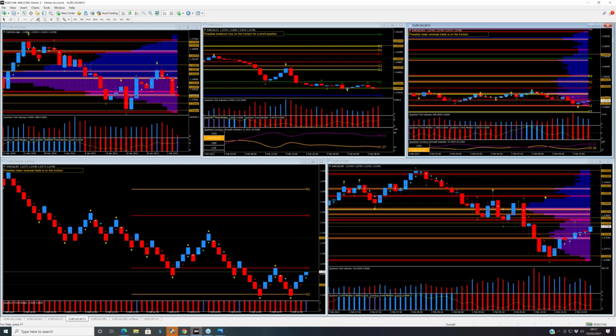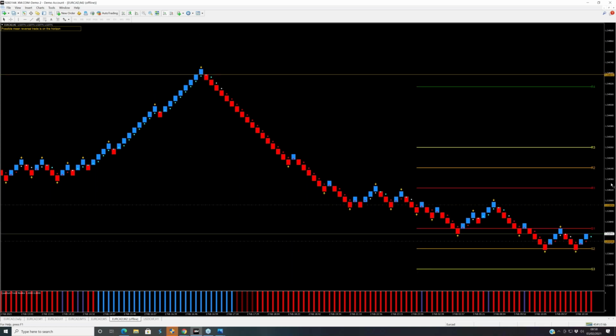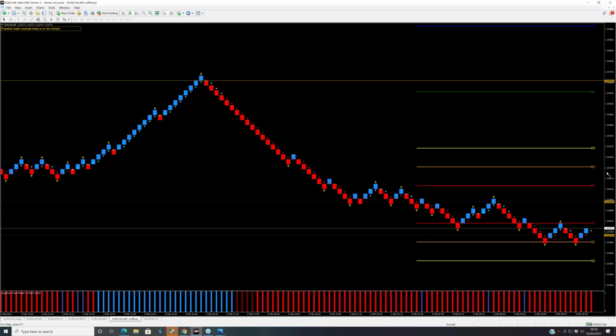The 5-minute chart has our other indicators on, and the beauty of the Renko chart on MT4, you can't do this on MT5 unfortunately, is you can put the Camarilla on the Renko as well, and that makes it really, really useful. And it's obviously the daily values that go on to the Renko. And what the Renko does, as well as giving you potential entries and exits,